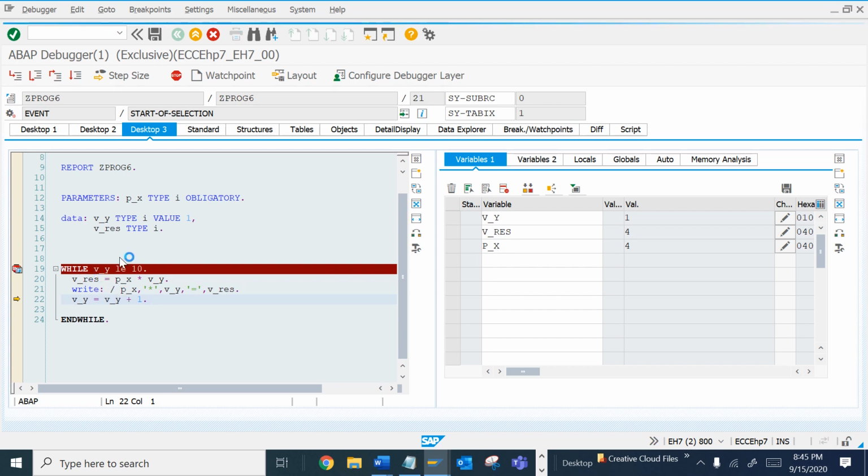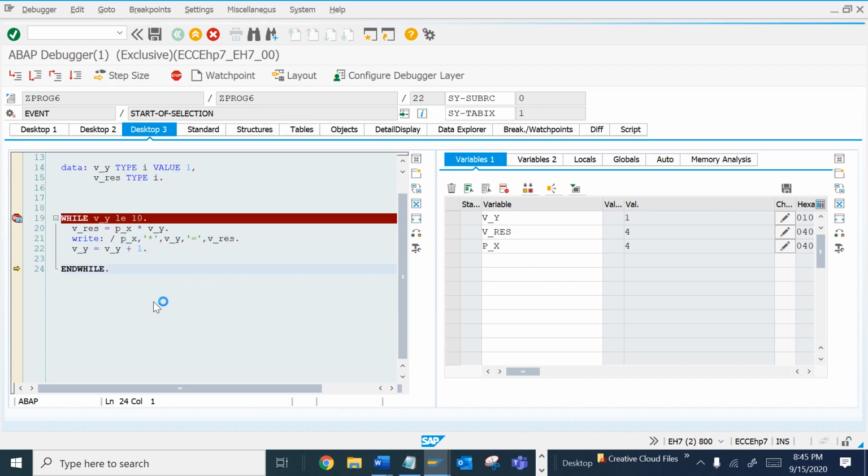Our result is stored in v_result, and v_y has been incremented by 1 in every loop pass.